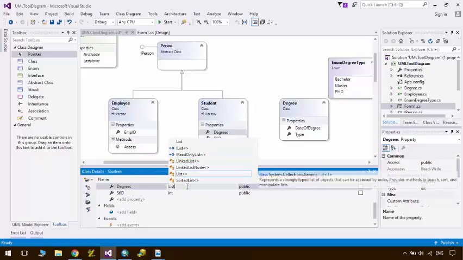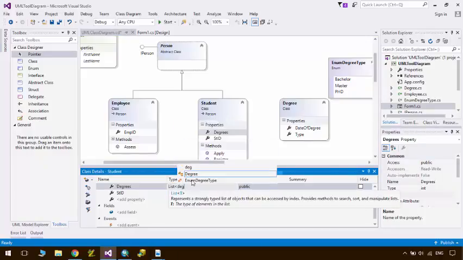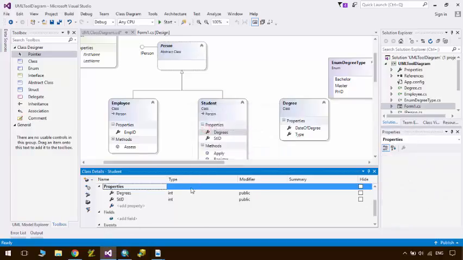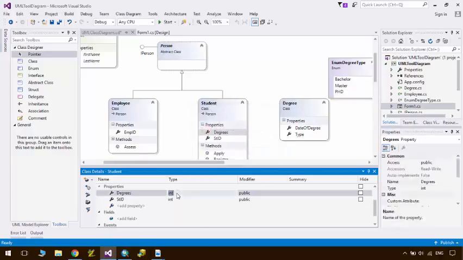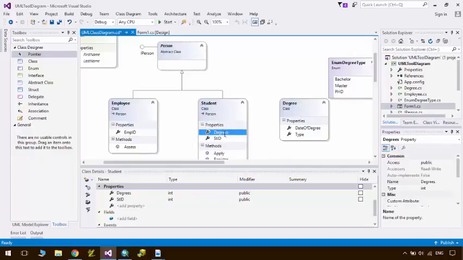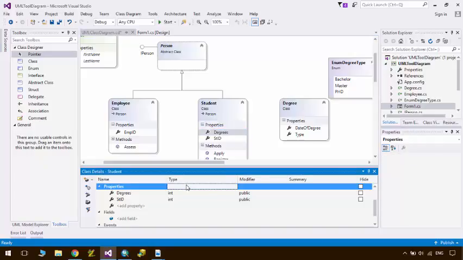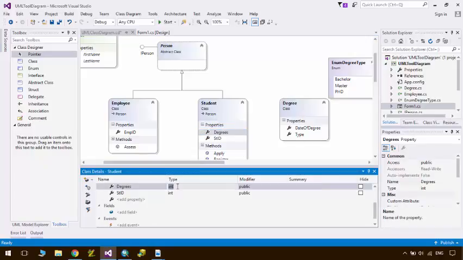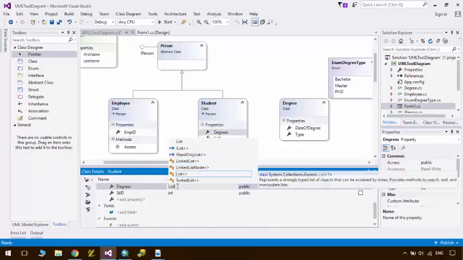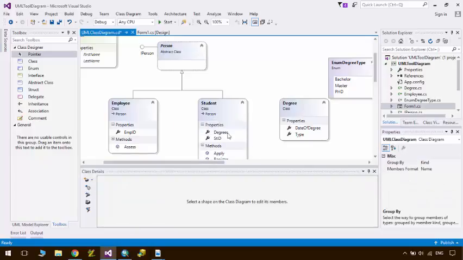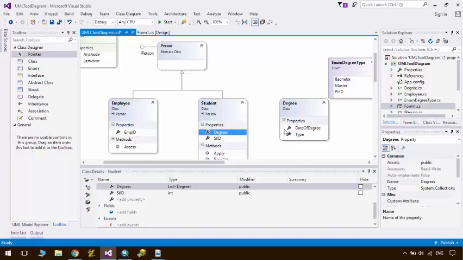Type is list of degree class, list of degree, and let me show you